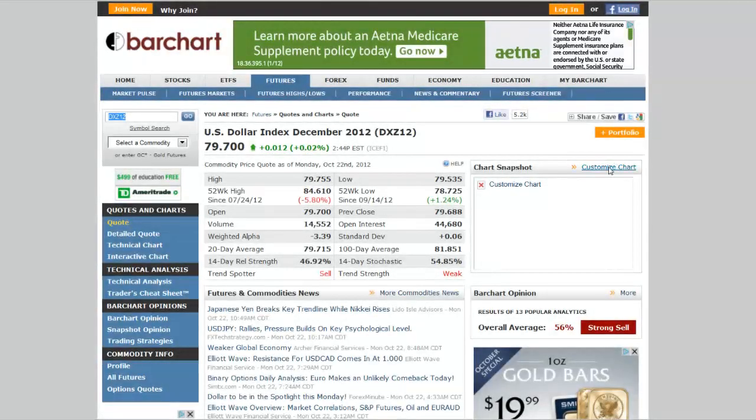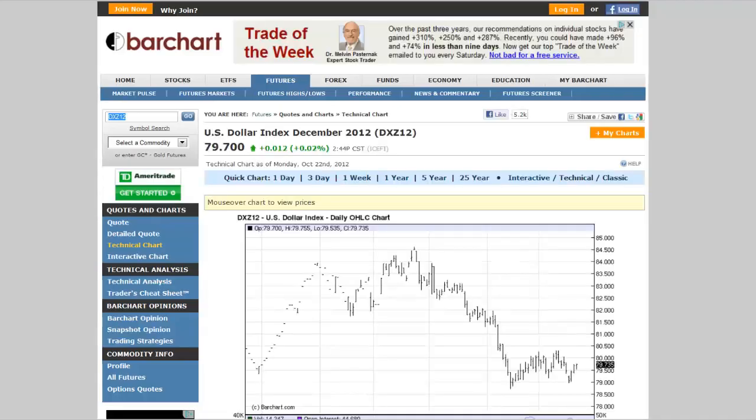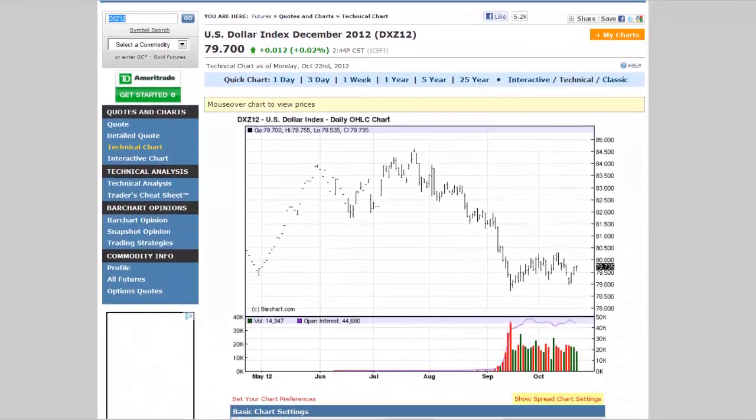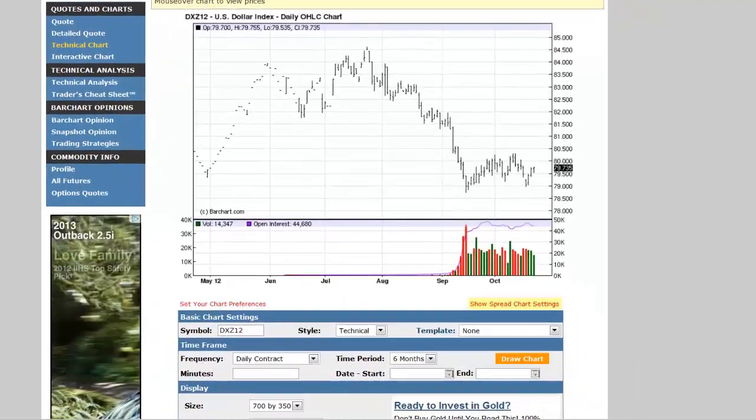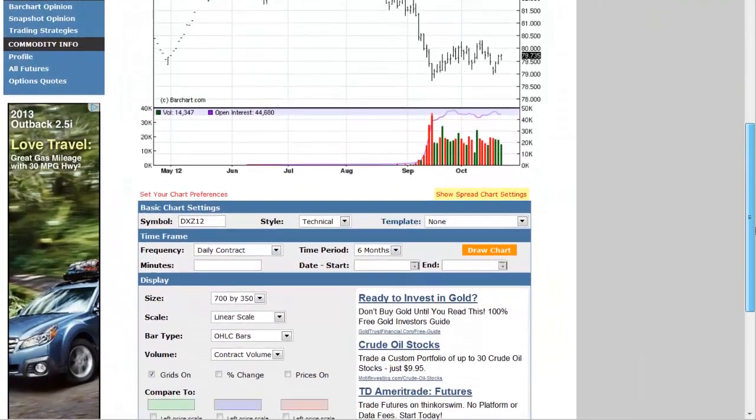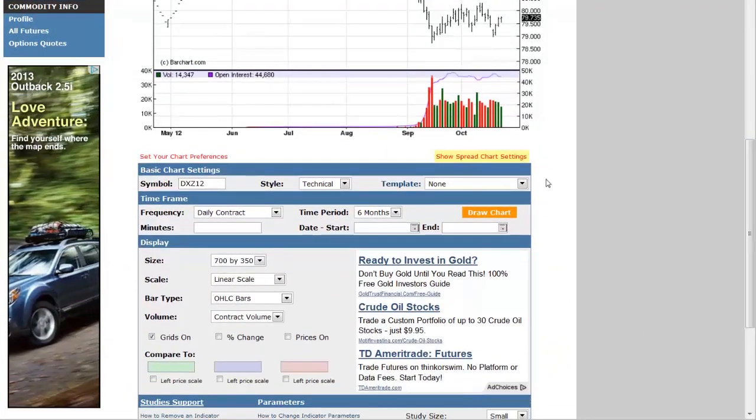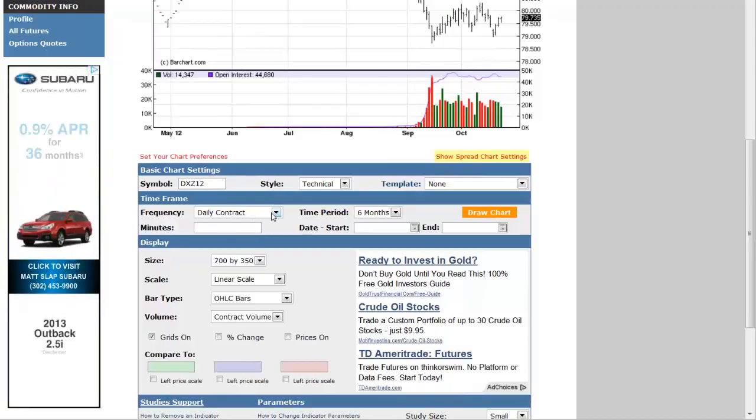Click that tab, and that'll open up a window that gives you a chart like this. Okay, and what you're going to do is scroll down to this little area down here where you can set the parameters. You want to set the frequency to weekly nearest. What that's going to do is give you a chart based on weekly ranges using the nearby contract always. Okay, I'm going to change it to candlesticks.